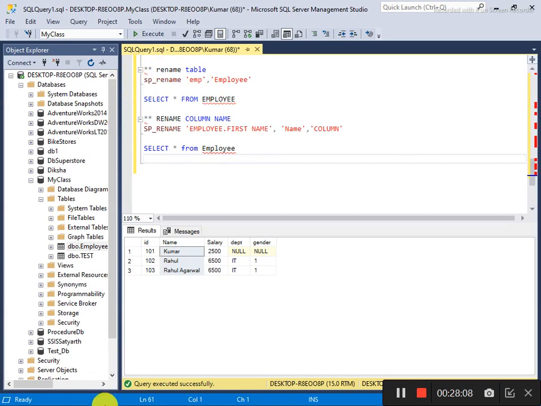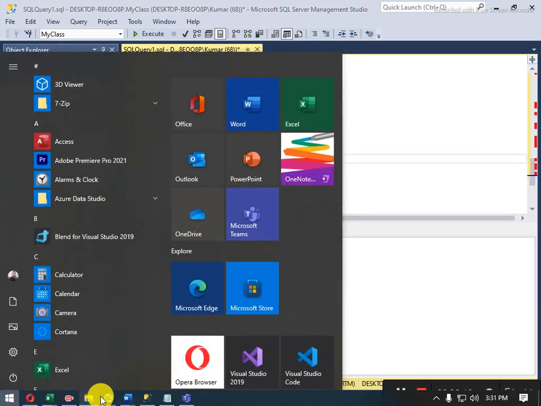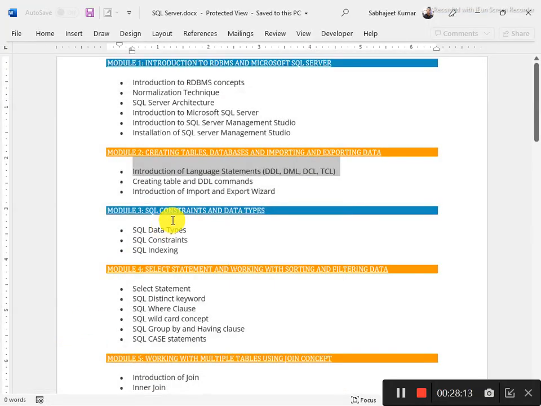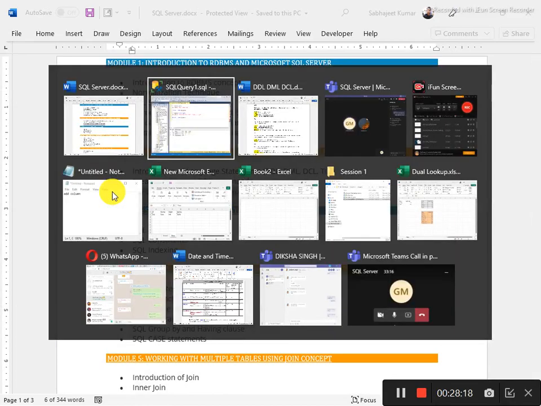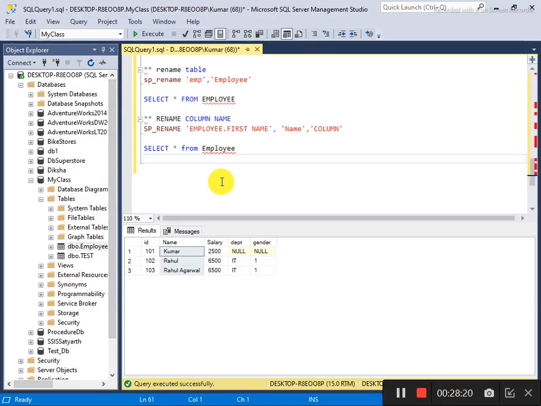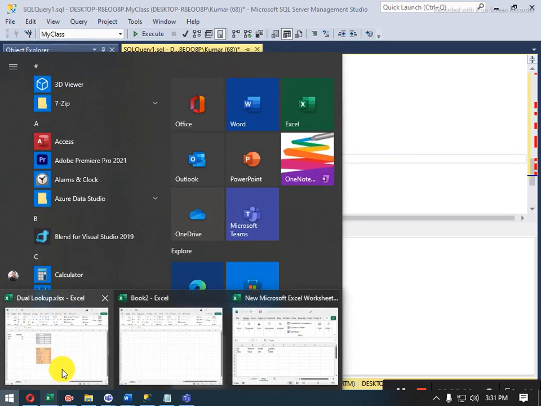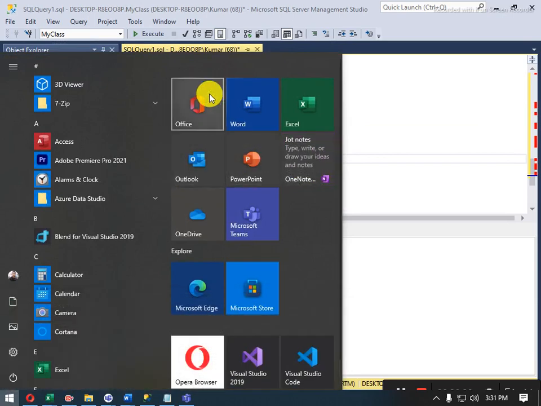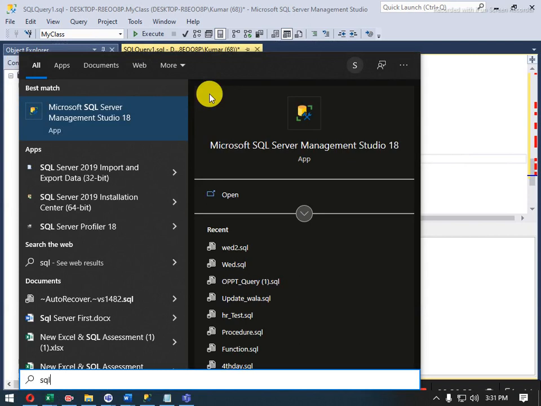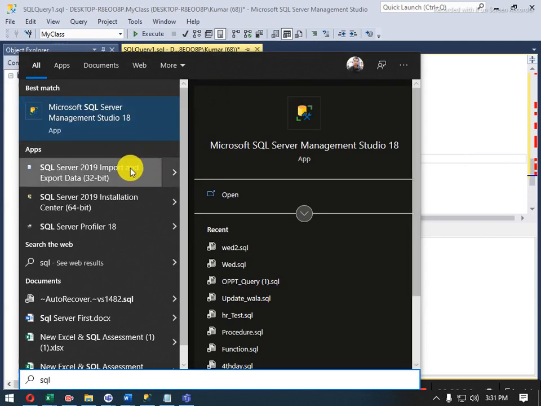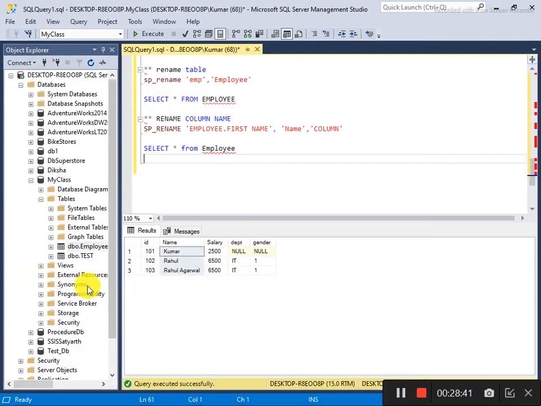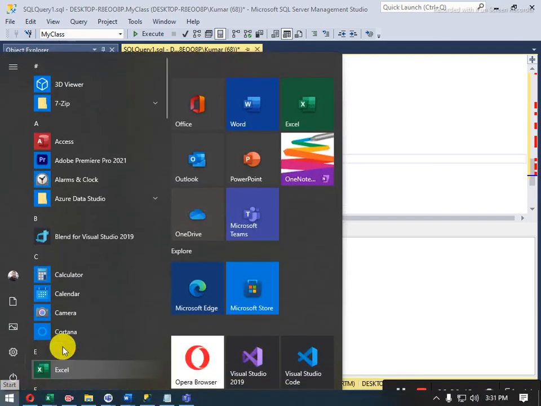Okay, so now I see here the next topic, which is import and export. It's very easy. You have two ways in which you can import or export. Like if you see here in your start bar, go there and say SQL Server, and here you will find import and export. The controls are here. Otherwise you can manually navigate to it. It will appear here.